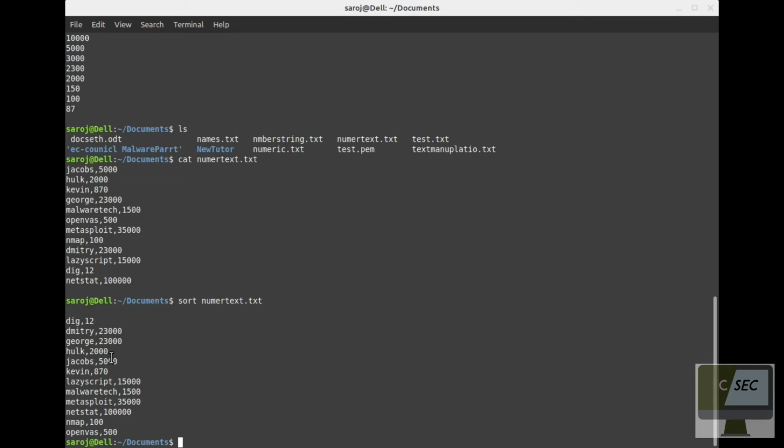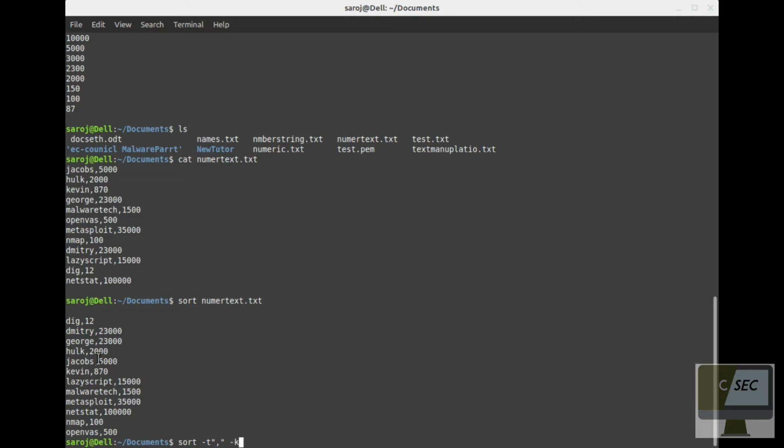To sort those numbers we have to specify the delimiter. In our case the delimiter is a comma. Basically a delimiter is a character which specifies the beginning and the end of a field. To sort the numbers we can do sort, then -t for delimiter, which in our case is comma, then we have to specify the column.